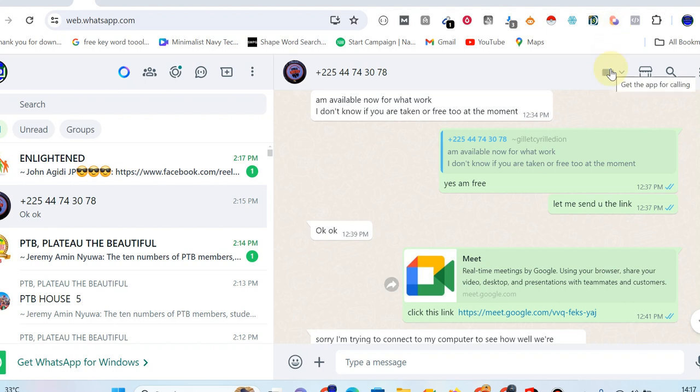Going by the need to communicate and interact with people anywhere in the world, Google Meet has made it very easy for us to do that. And one important thing you need to take note of is that sometimes the people you'll be interacting with, due to language barriers and other things, might not really interact with you the way you want. So in order to solve this problem, the first thing you need to do is, after going on Google Meet